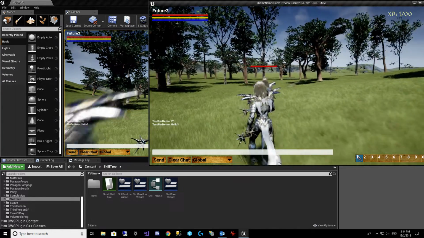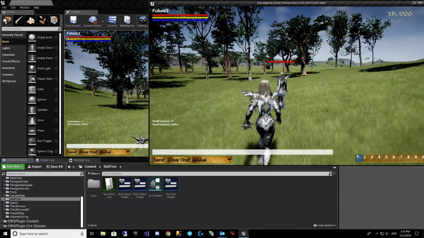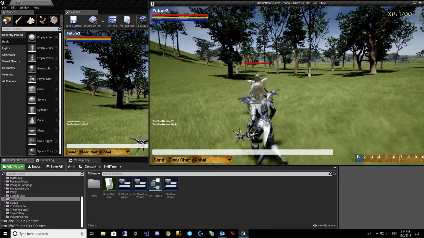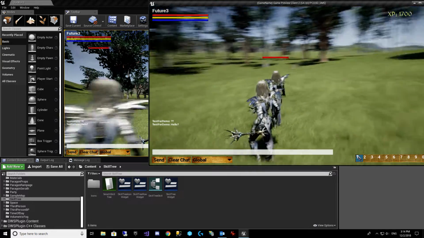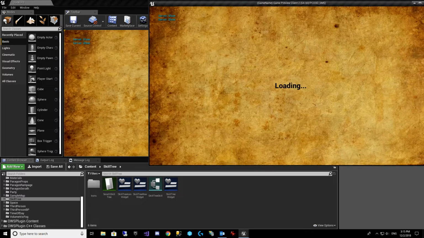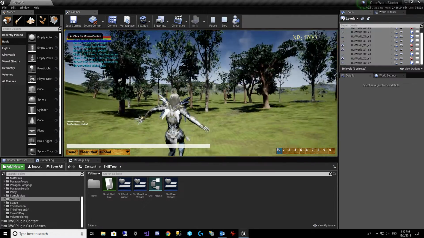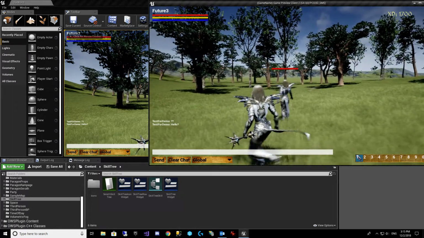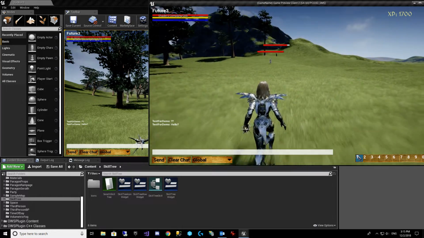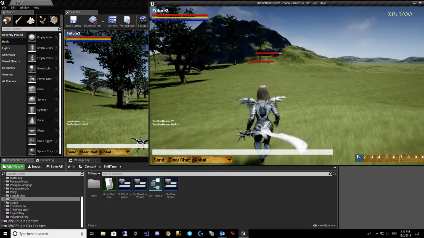Okay, so you can see all we really have right now is a health bar, right? It doesn't tell us the name of that person. It doesn't tell us if they're friendly or an enemy. And it has another really big problem. It is in screen space. So no matter how far you go away, it just stays the same size on screen, and you end up with this massive